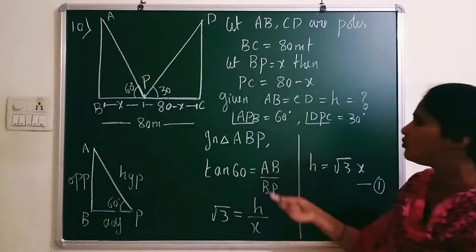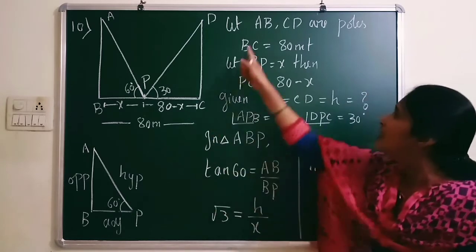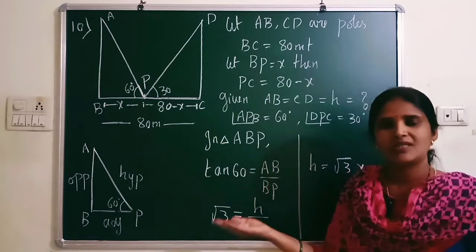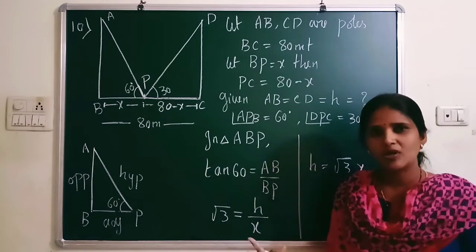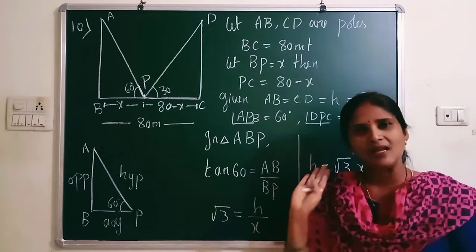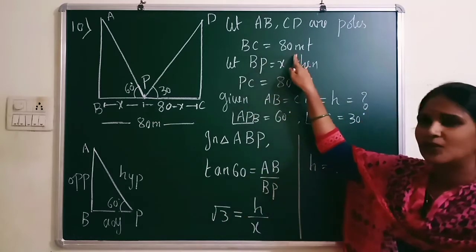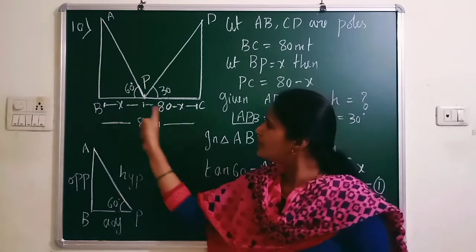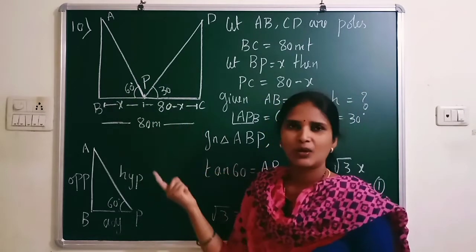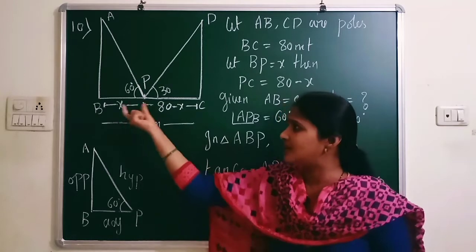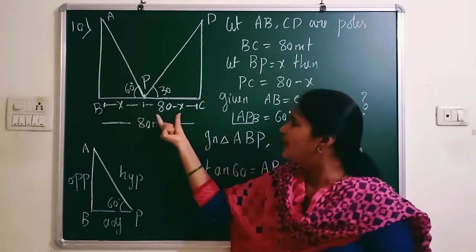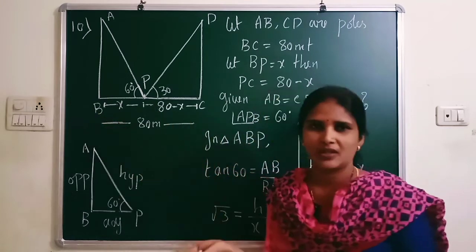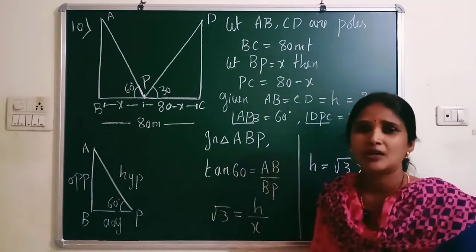Now let us consider whatever he has given in the question. Given: let AB and CD be the poles which are at the ends of the roads. Means at either end of the road there are two poles, and the width of the road he has given is 80 meter. BC, that is the width of the road, is given as 80 meter. Because you can observe in the diagram, the full BC is not there in any one triangle. Only a part of BC is there, that is BP in this triangle and PC in this triangle. So we cannot take BC in any one of the triangles. So this is a very important question.